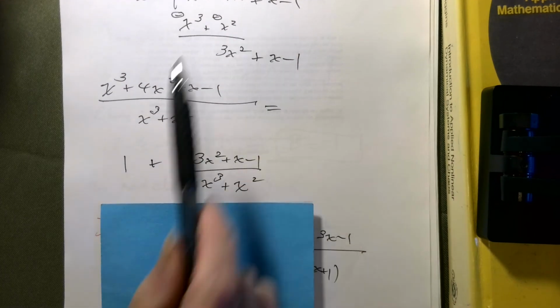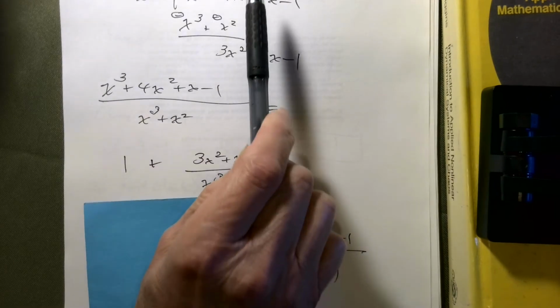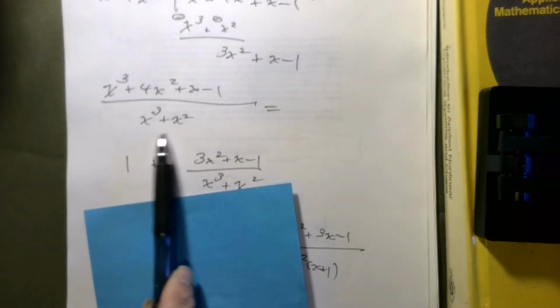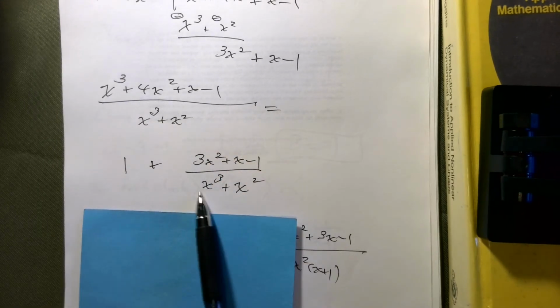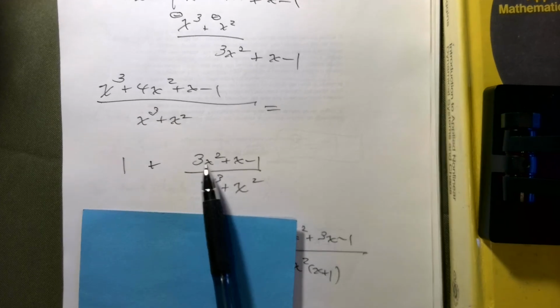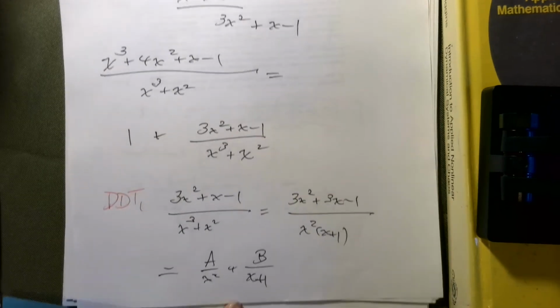So in other words, when we do this division, it means this divided into this is this plus this over this, which is my remainder. Oh, excuse me, down here. And notice that the degree now is higher in the denominator than it is in the numerator. That's going to be important. Okay, so if we take this further now,